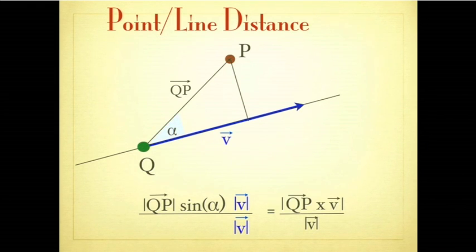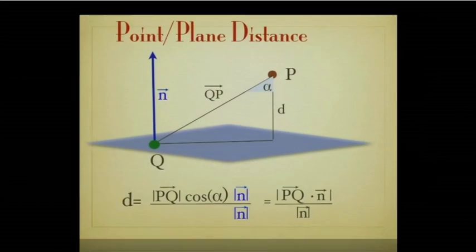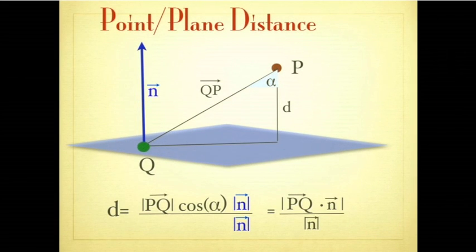And then the second formula is the distance between a point and a plane. And again, you can do that by just making a little picture here, the length of this, but this time times the cosine of this angle here. That gives us the distance d. And then we can again make this trick with multiplying and dividing by n, and we get the dot product because of the cosine. So that's one way how you can look at that.